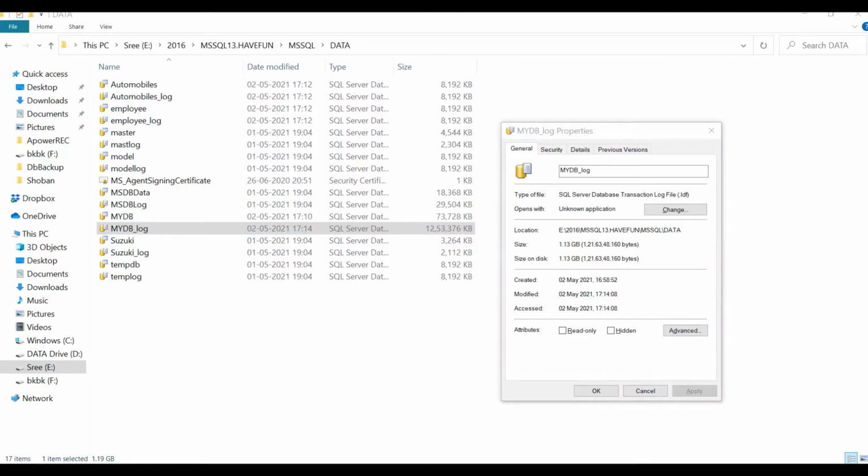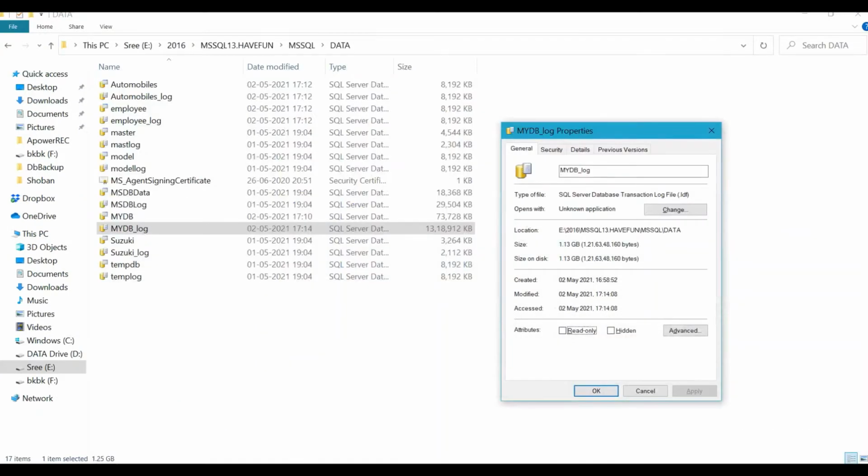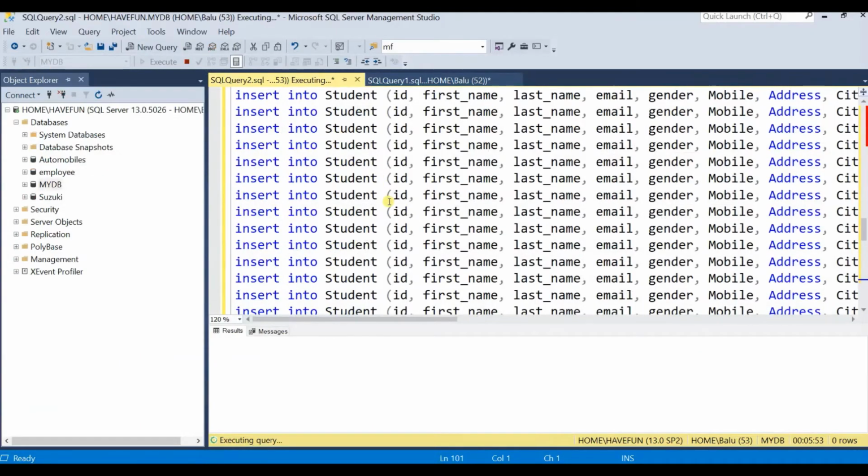Okay, the transaction is still executing, it's not completed. It may grow up to 2 GB also, depending on data. So the transaction log file starts eating my disk space. And note this one point: all these transactions are being committed. It means these are committed transactions and are written into the data file.